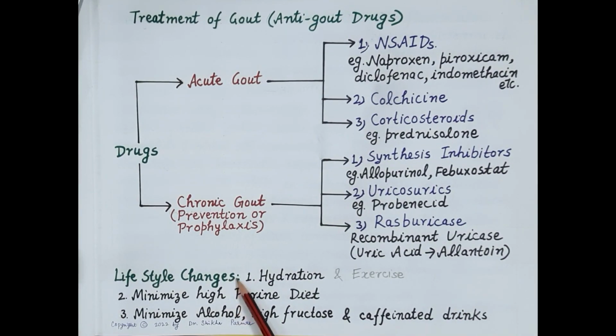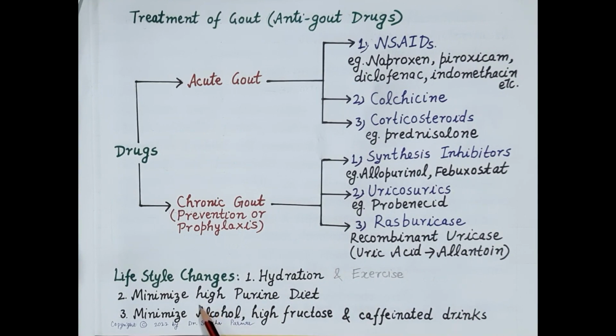Now in addition to the use of drugs, certain lifestyle changes reduce the risk of developing gout. So stay well hydrated and drink plenty of water. Now hydration reduces precipitation of monosodium urate crystals. And apart from this, keep oneself fit by exercising, because exercises reduce obesity and that further reduces the risk of